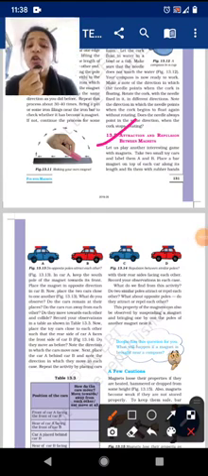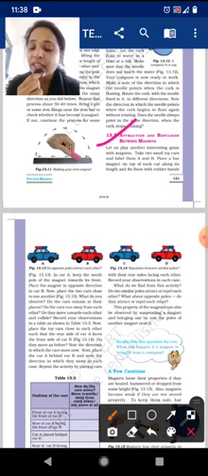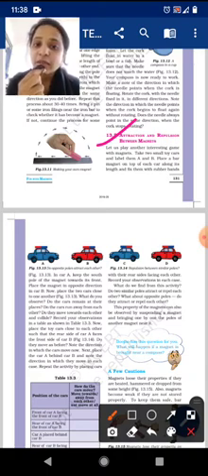What do you mean by attraction? We have already learned the principle of a magnet: when iron gets attracted towards the magnet, that is called attraction. But what do you mean by repulsion? It's just the opposite of attraction. Attract means getting pulled towards the magnet, and repulsion means it will not be attracted towards the magnet.